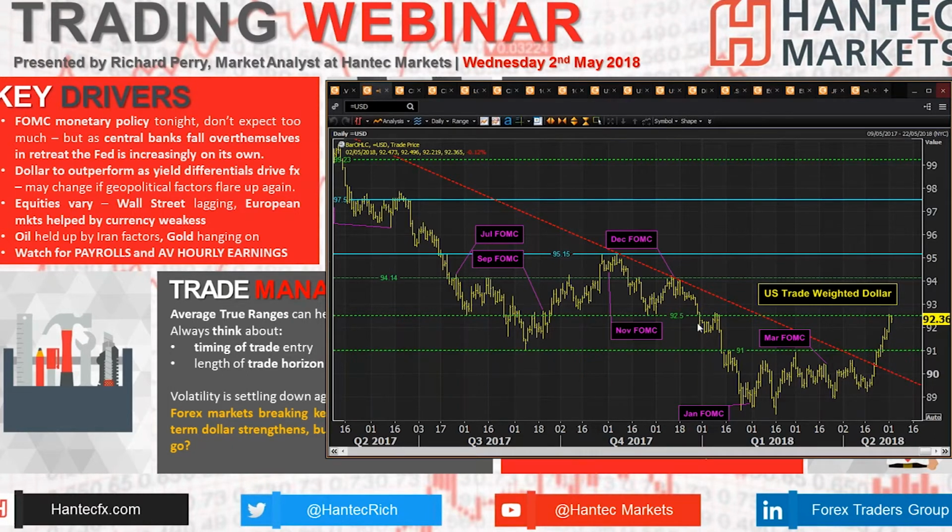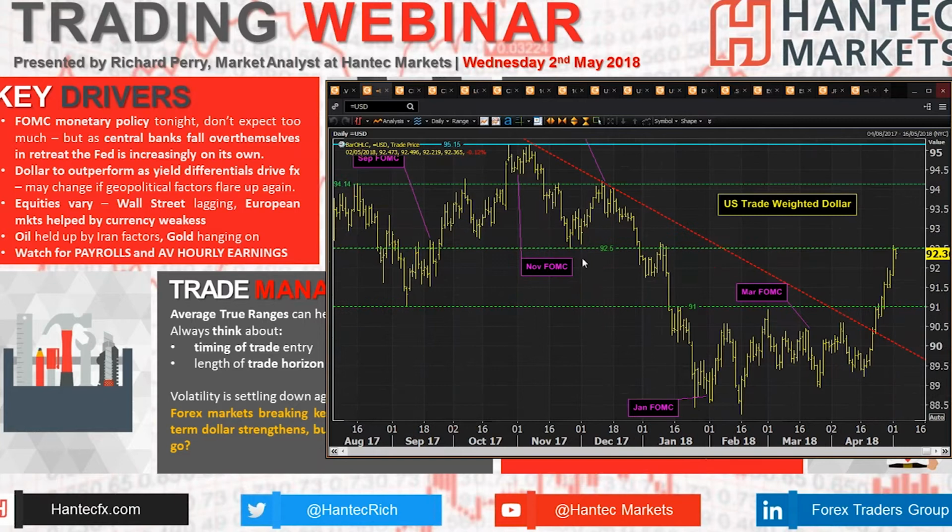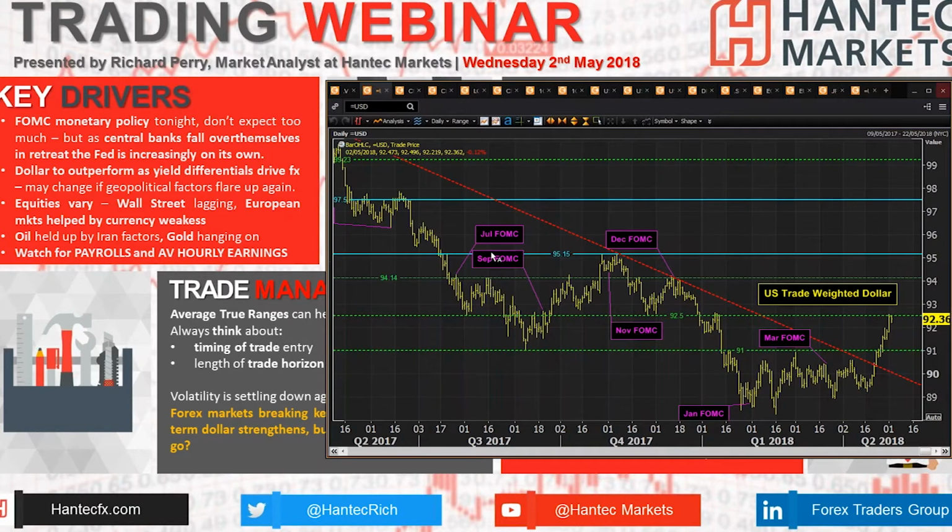Now, that breakout above 91 figure on the dollar index brought us back to 92.50. And where was the turning point yesterday? 92.50, which was the old November low, and then January high. So that's a pivot that the market is looking out for, and that's subsequently where we've just consolidated a bit today. If you break out decisively above 92.50 on dollar index, I think you're going towards 94 area, 94.15,